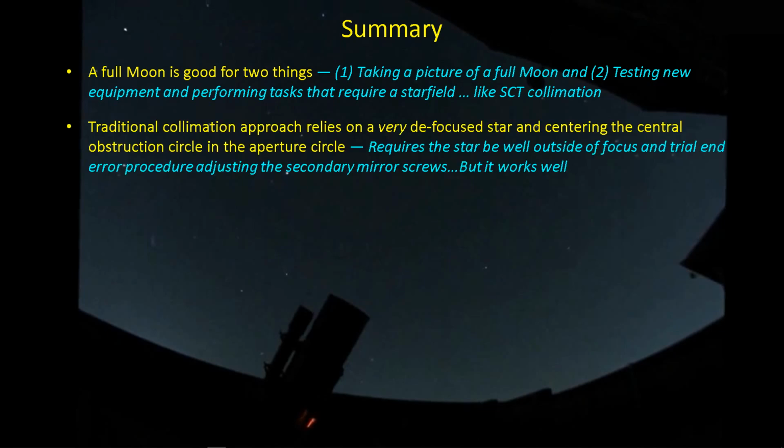Now, the traditional collimation approach relies on the defocus star and centering the central obstruction circle, the shadow, within the aperture circle. I have to say, given my results here, it works pretty well, even if you're just judging by eye whether or not that central shadow